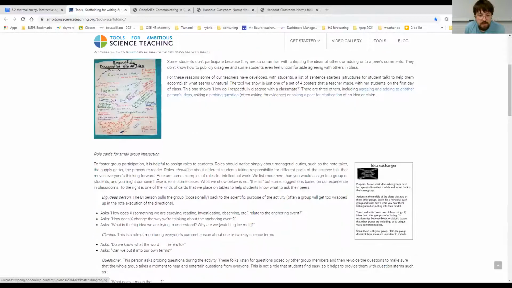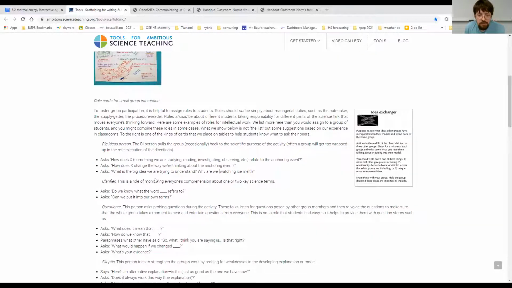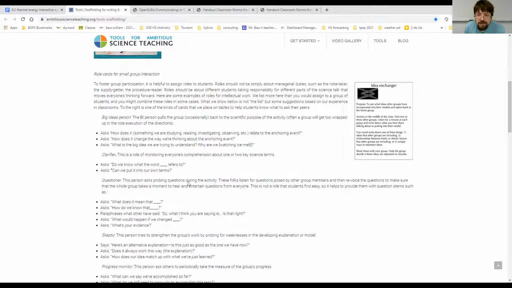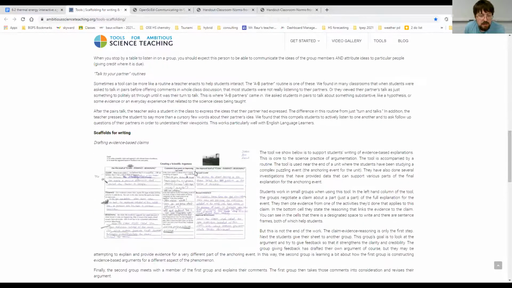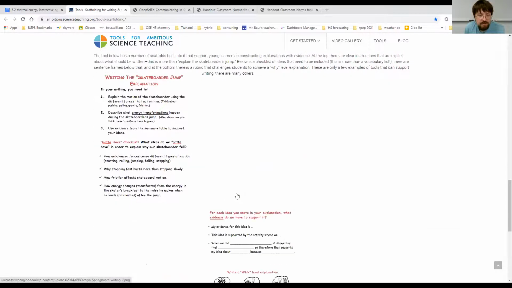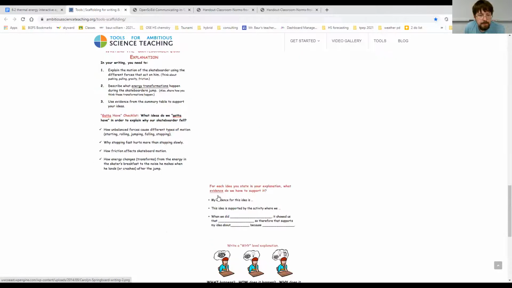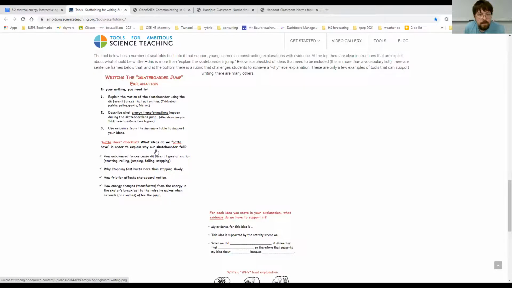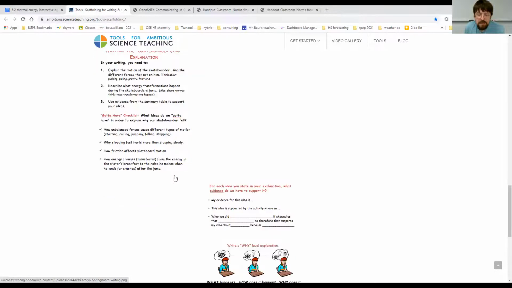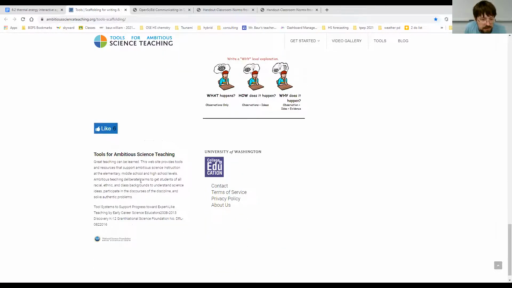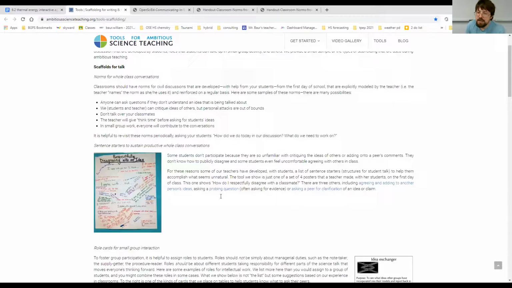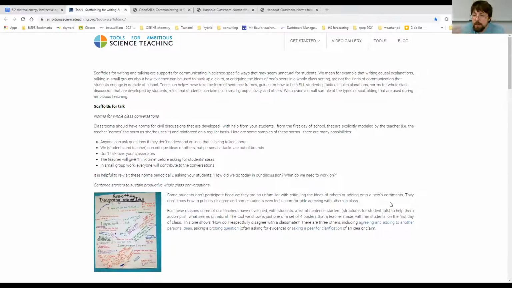Then they also had different roles to put students in with regards to student talk. And then here's a tool for scaffolding. Here's an example of a gotta have it checklist. So I just find that the tools for Ambitious Science Teaching website really helps support the OpenSciEd curriculum, and gives you some very specific tools to try so that